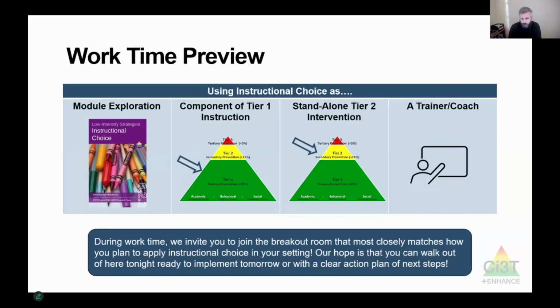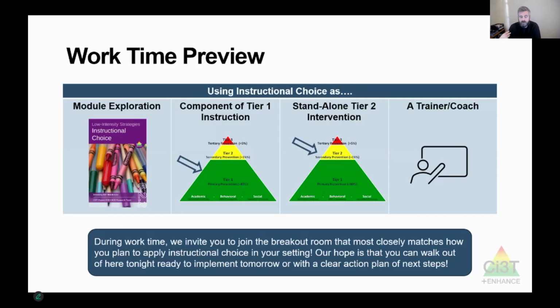So what we're going to do is talk about what instructional choice is, how it can be used as a tier 1 component. So just something that you're using in the classroom as part of your normal instruction. We'll also talk about how it can be embedded into tier 2 and tier 3 interventions. And we'd also encourage you to take what you're hearing here tonight. And if you think it could be useful to a colleague or could be shared out with your whole faculty and staff, just know that that module is made as a tool to take events like this and help you to scale this up at your school.